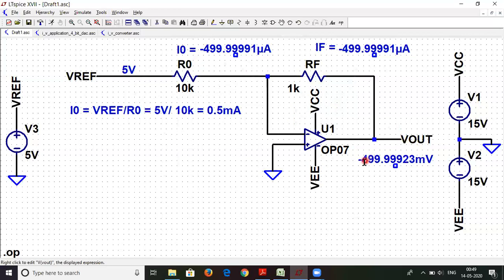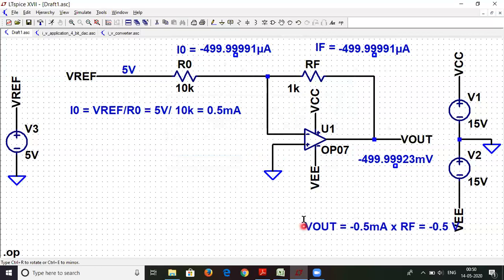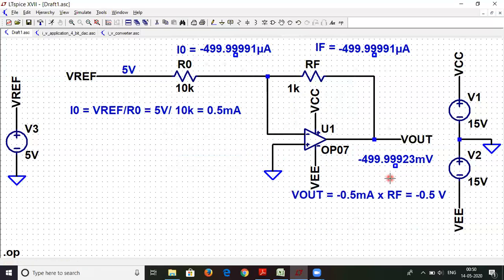So V out in this case will be equal to minus 0.5 milliampere into RF. RF is 1K, so this will be minus 0.5 volts. So I suppose you have got the trend, how we got these values. So V out will be equal to the input current that is coming into this terminal multiplied by this resistor RF. So that's a classic example of an I to V converter.